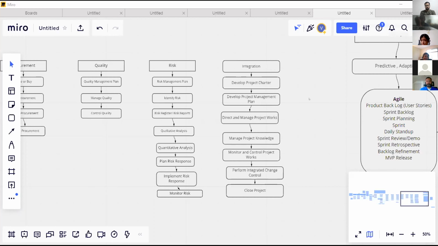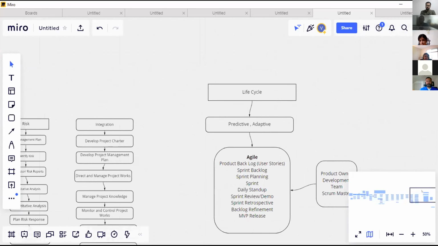So I'll start with integration. Integration will first develop the project charter, then we'll develop the project management plan, then we'll direct and manage the project work, then we'll manage the project knowledge, then the next step will be monitor and control the project work, perform the integrated change control, and then we'll close the project. Moving on, next is